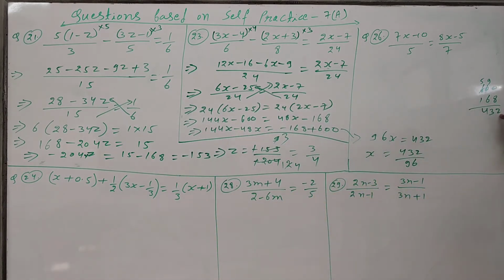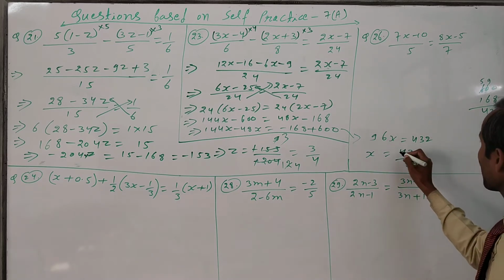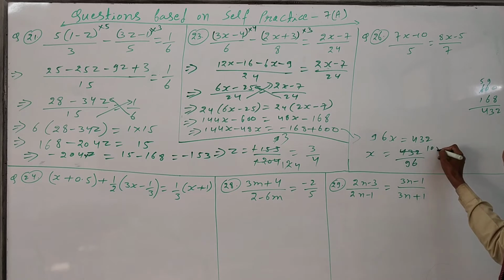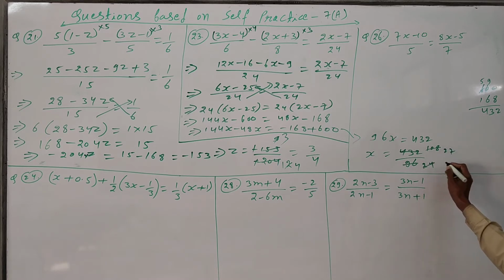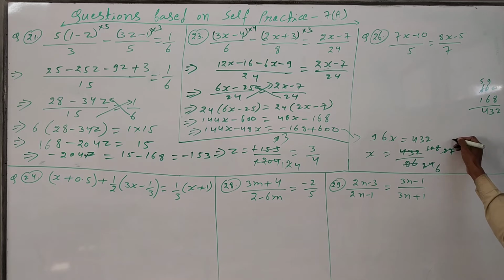This one is 2, this one is 9. Okay, correct. Now we will cancel by the 4 table directly, then 108 will come. Now this one, cancel by the 4 table, then 24 will come. Now we can cancel by the 4 table again, then it will come 27, and here by the 4 table 6. Then we can cancel out by the 3 table, 9, 3 and then 2. So 9 upon 2 will come.